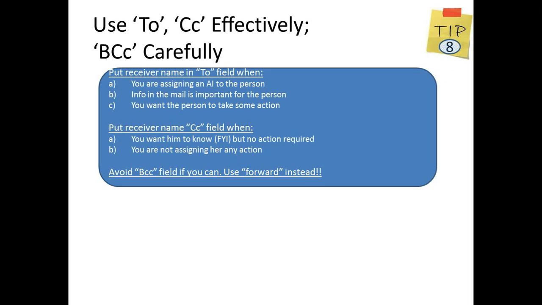Now, what is the BCC? You want a blind carbon copy. That means you want the people in the To field and the CC field not to know whom you're sending that mail to. Now, what happens is that when you send the BCC, that person who receives that mail may forward it to somebody else who is on the To or CC list. Now, what happens? It's going to backfire.